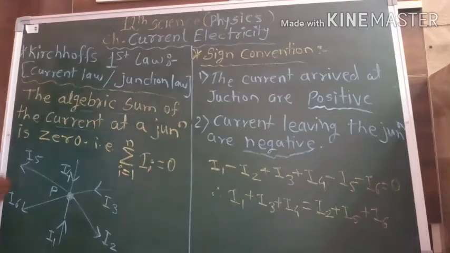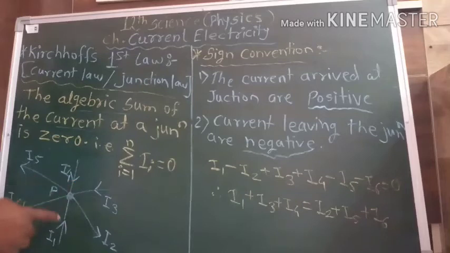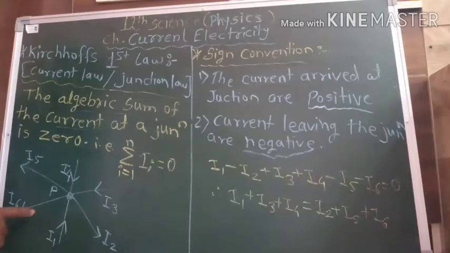We study it deeply. In this figure, this point P is the junction in an electrical network. Point P is one of the junctions in the electrical circuit, or electrical network. At that point, the currents I1, I2, I3, I4, I5 and I6 can be split throughout that point, which is called the junction also. The current can be split at that point.